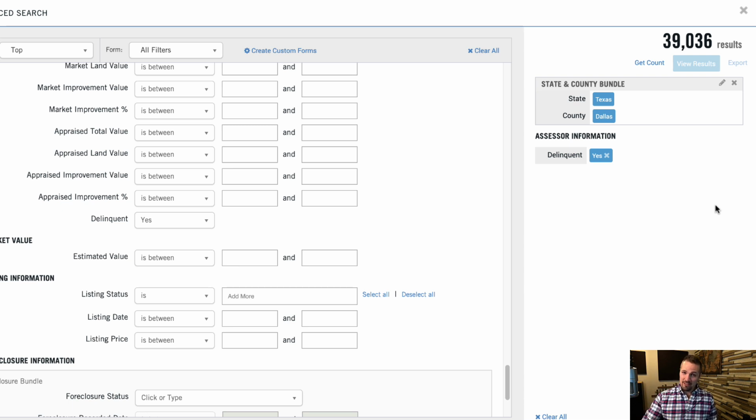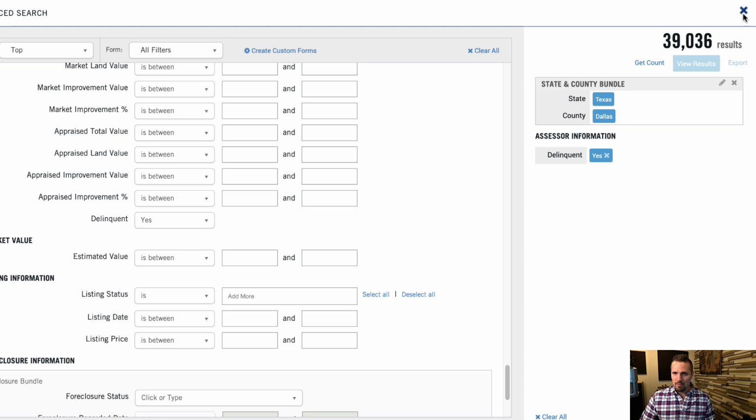However, there's another couple caveats to be aware of here. So let's say we do select this, and it says yes, and we have a number here. Once we actually download this list, in a couple of those columns, it will actually tell you what the delinquent amount was and what date it was delinquent. So once you actually get the list, you can see the information at that point.